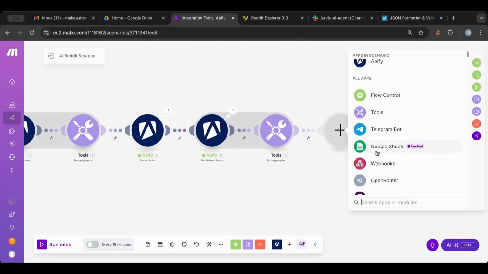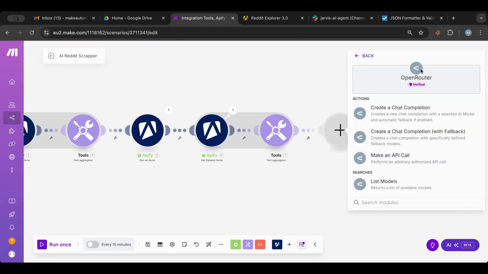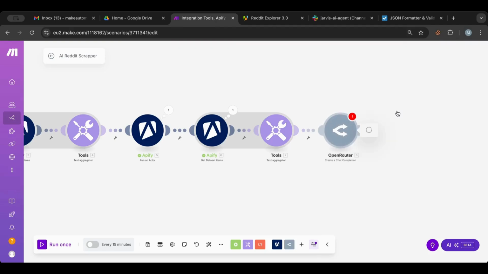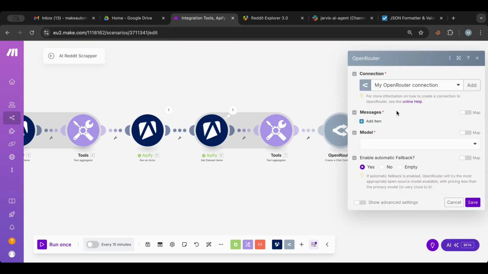Now, what I want to do is use AI. I'm going to use Operator because it has all of the AI models. Okay, so create chat completion. What I want to do is ask AI to take both of these text strings that we have in here, put them all together and summarize them